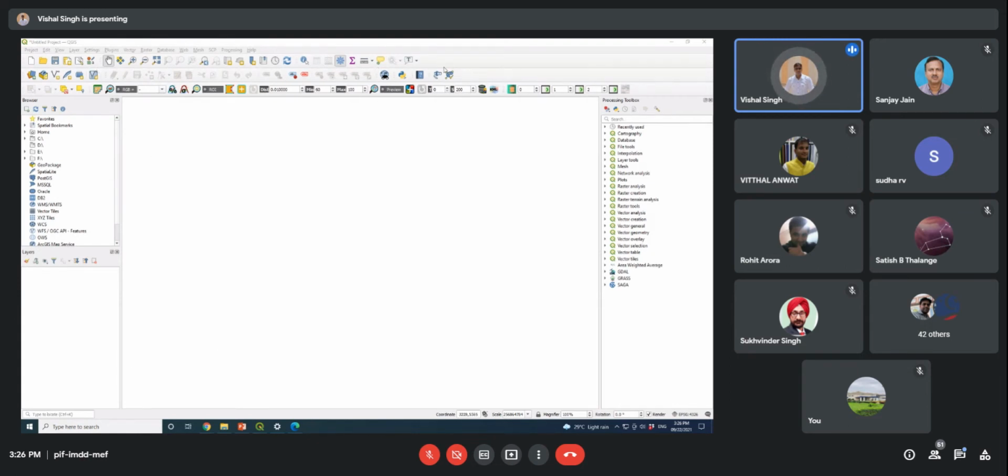So let's come back to this QGIS interface. This is the QGIS interface. If you see, at the top of the site, you will see a number of options or icons.